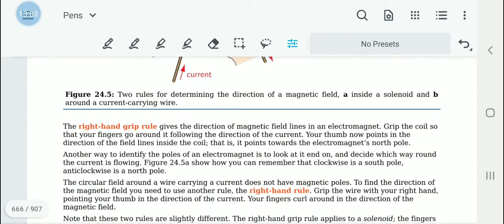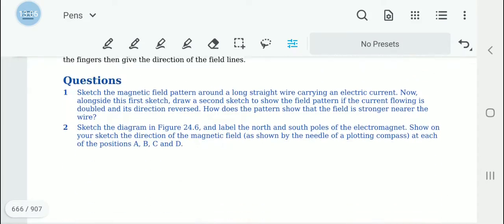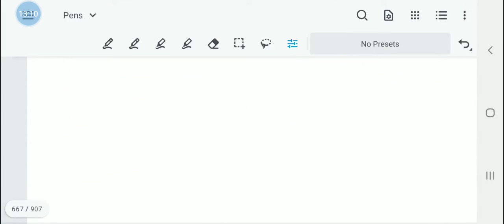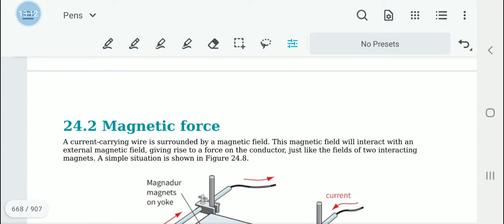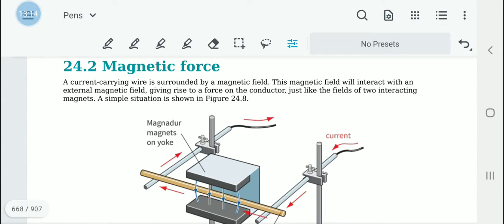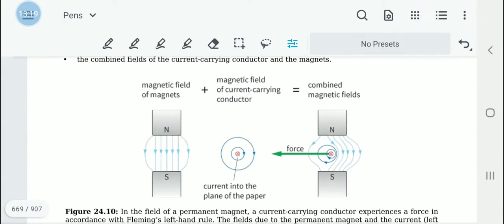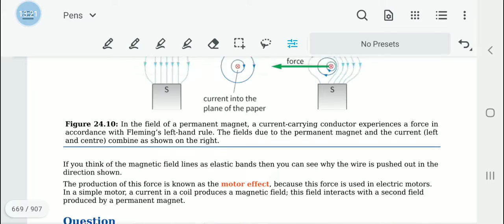If you don't understand, ask me questions. If you do understand, do question number 1 and 2. 1, 2 and 3 of course. Then, before writing the note, we will do this practical activity and also